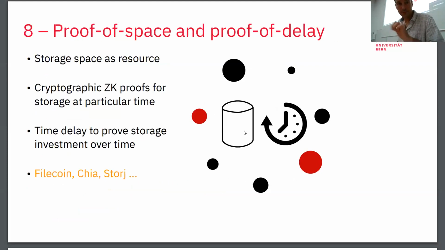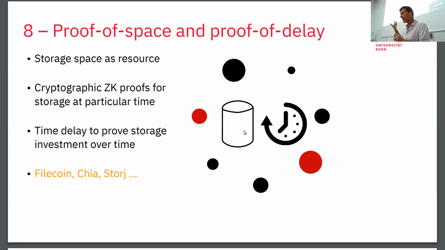Yeah, there is more. There is proof of space and proof of delay. So I have to mention Christoph here, who was working with Shia on verifiable delay functions. Here, it's about some time resource and some space resource that you're using to influence the voting in the protocol. Some of these protocols come with usable guarantees in the sense that they are also storing your data. And the more you store for others, the more voting power you will have. Yeah, there's a chain called Filecoin, right? It's listed here, and uses a consensus of this type.